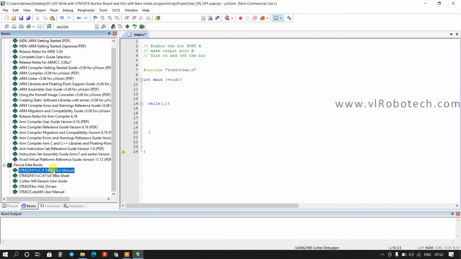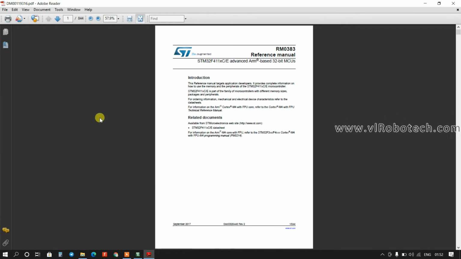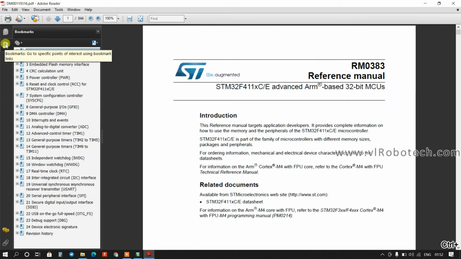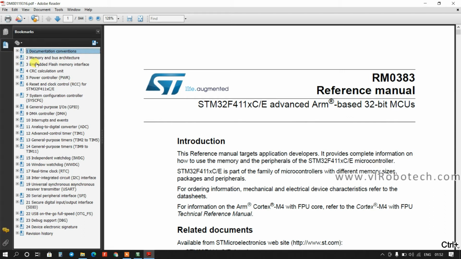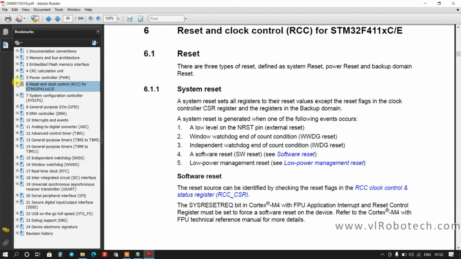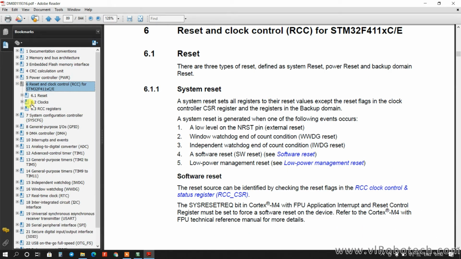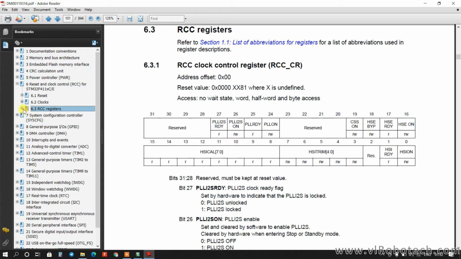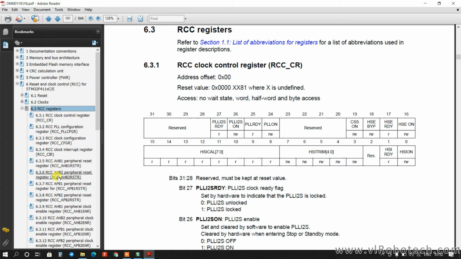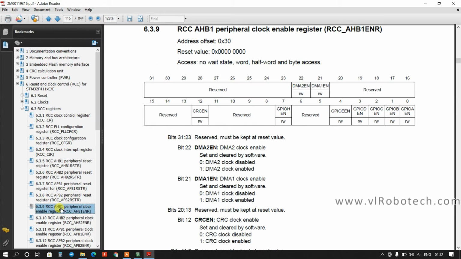and go to the reference manual. And go to RCC, reset and clock control, and RCC registers. Here you can see the AHB1ENR register. So you can see the first bit is for GPIOA. If it is 1, then the GPIOA clock will be enabled.